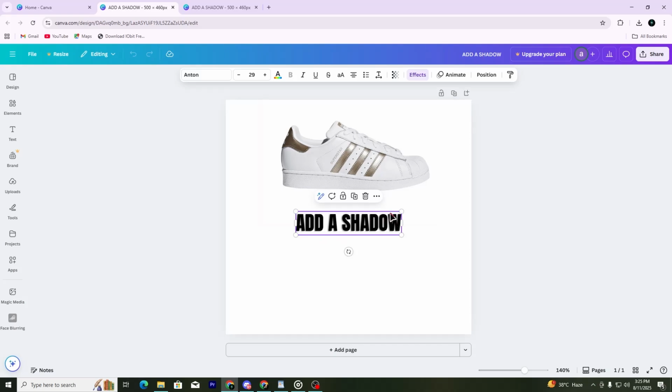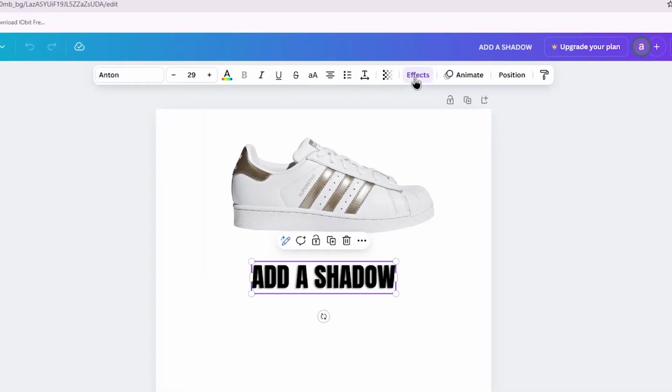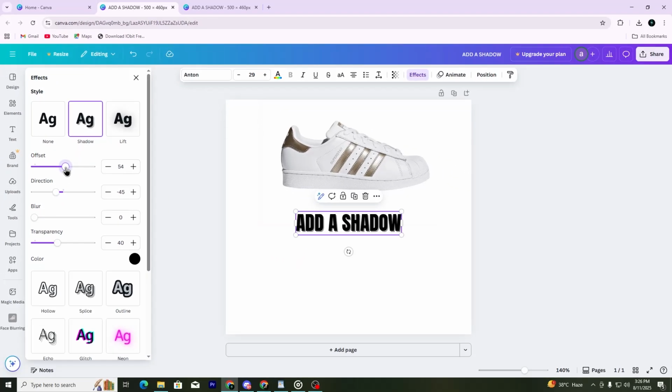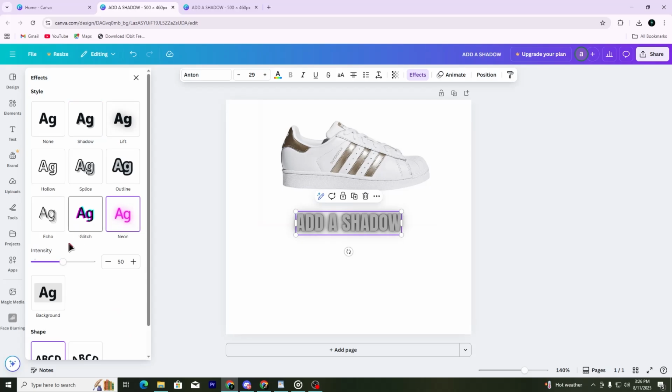For text, you will see an Effects button instead. If you are adding a shadow to text, click on Effects and then choose Shadow. You will notice that Canva applies a default shadow instantly. You can then adjust its settings such as color, transparency, blur, direction, and offset to create the exact look you